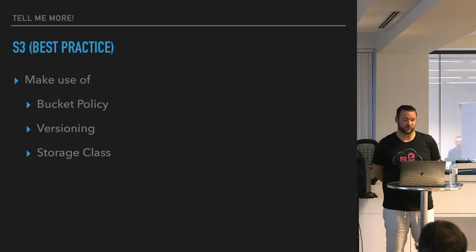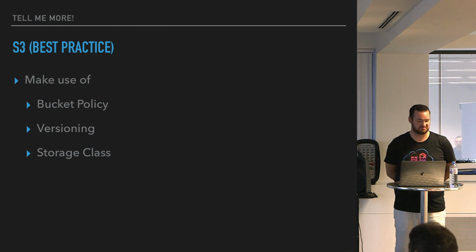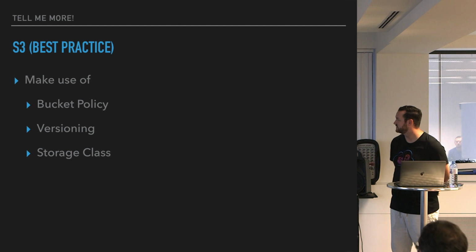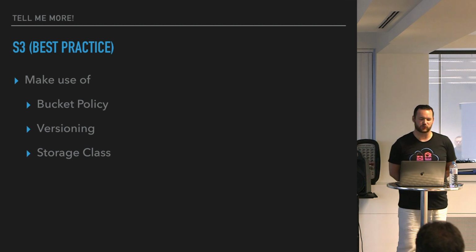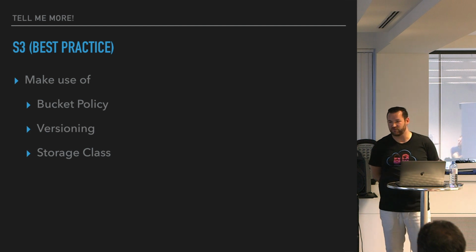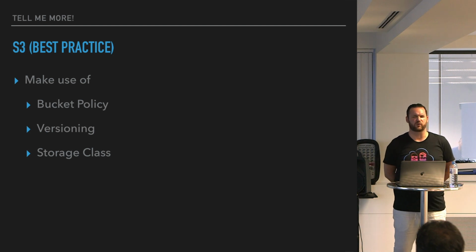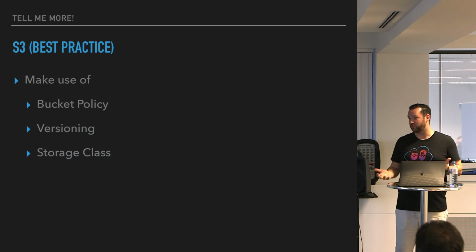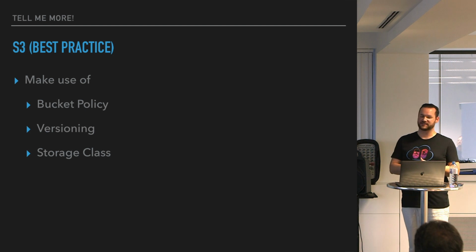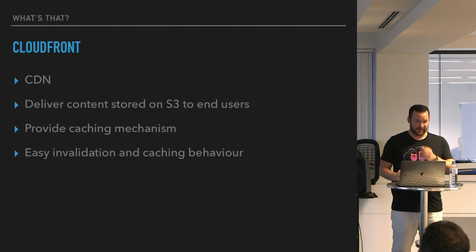Next, best practices for S3. Well, not many people use bucket policies. It's quite strange, but I often see configurations for S3 without bucket policies, so that's definitely one best practice to use, as well as versioning. Versioning is a very, very big asset of S3, and not many people actually use it. Who of you use versioning for S3? Okay, 4 hands, all right. And yeah, make use of storage classes. So you might have files that you don't access that often, so just make use of storage classes and reduce your costs for S3.